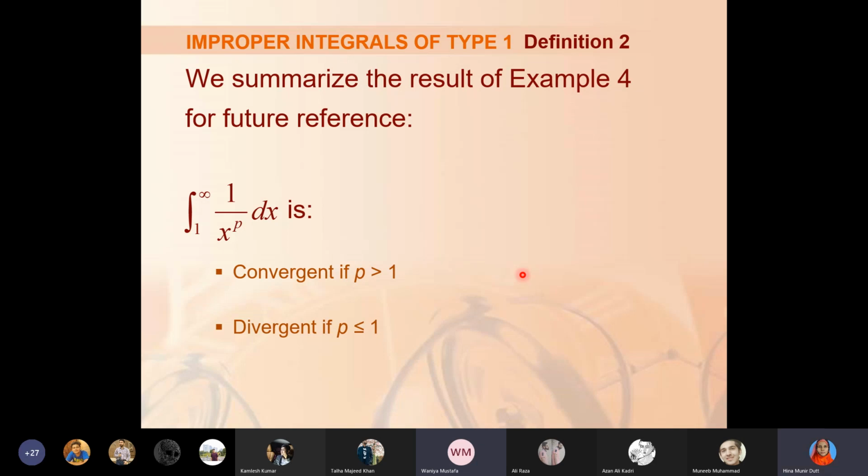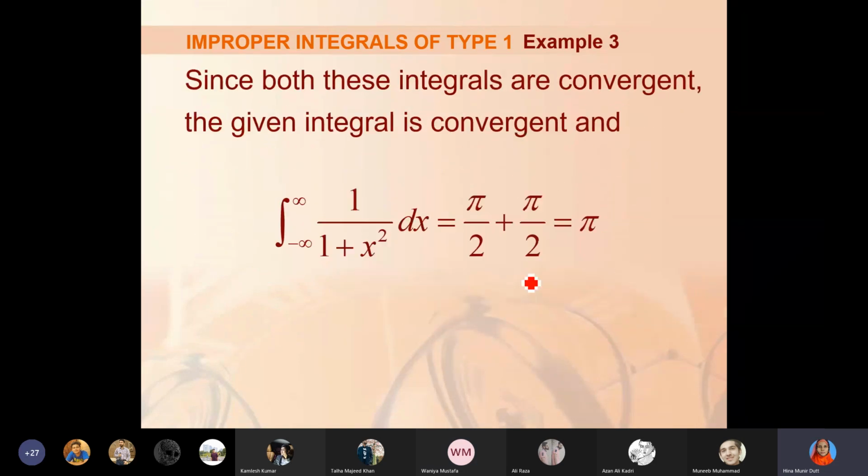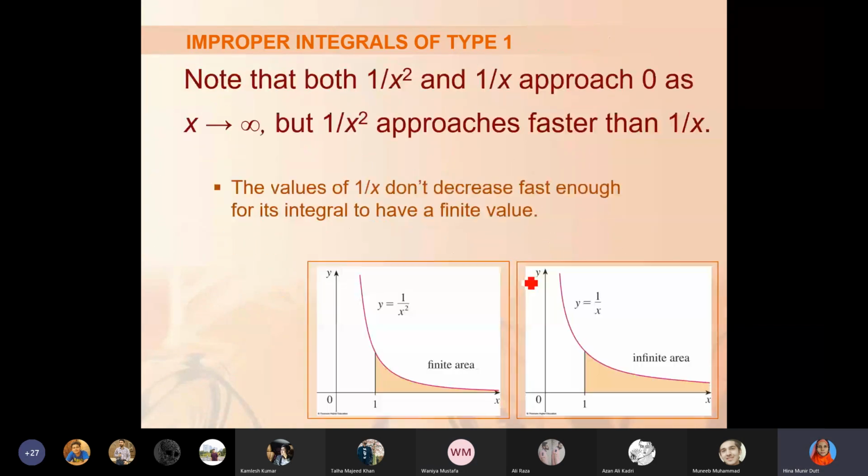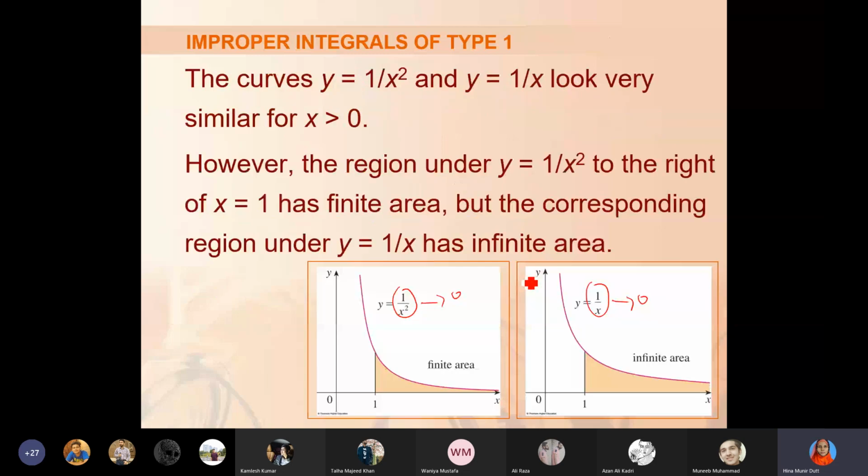अच्छा, इसमें बेसिकली आप ये देखें कि 1 ओवर x का ग्राफ और 1 ओवर x स्क्वायर का ग्राफ, दोनों ग्राफ्स की शेप सिमिलर है। ये 1 ओवर x स्क्वायर का है और ये 1 ओवर x का है, लेकिन दोनों का एसिम्पटोट x एक्सिस है।